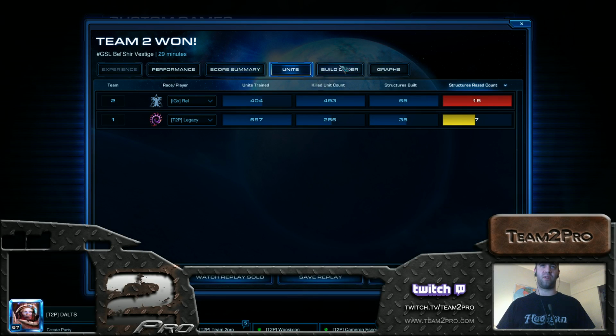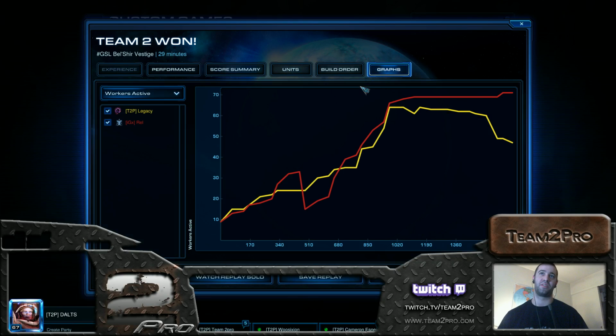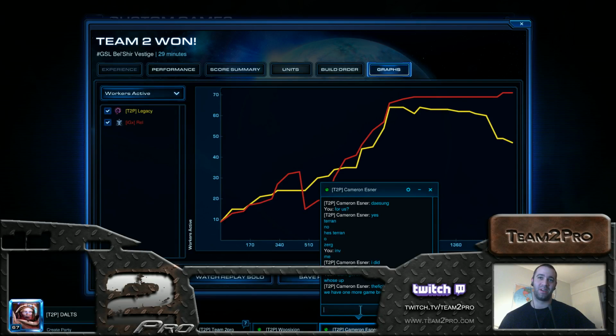I'm not going to say well enough, because Baneling into Muta is fine as long as you can stay up on bases and keep that economic lead. But with that triple orbital, mines kill all your stuff. That too, yeah. But with that triple orbital,